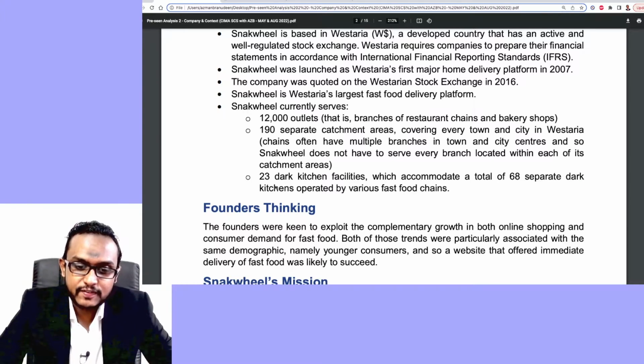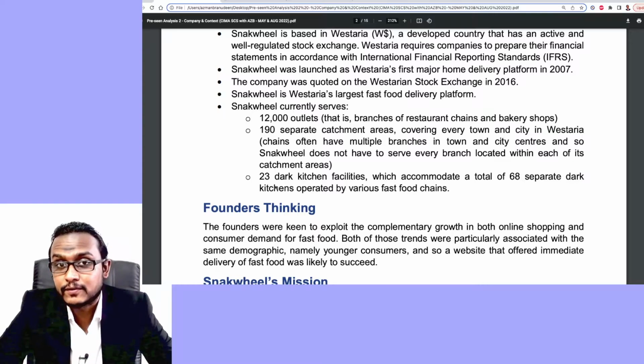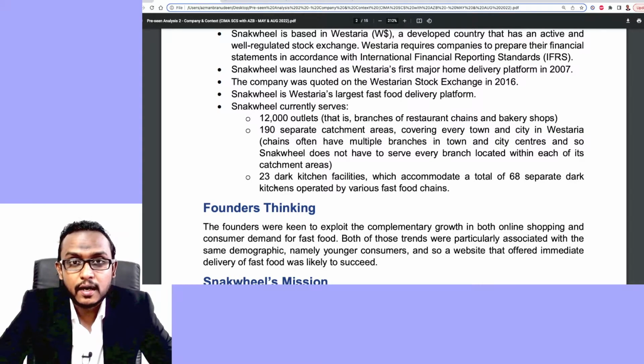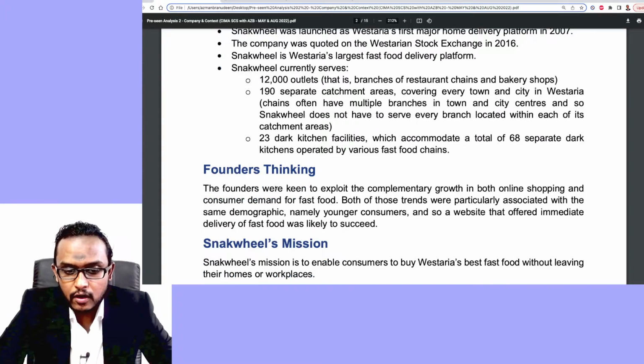23 dark kitchen facilities which accommodate a total of 68 separate dark kitchens operated by various fast food chains. So in West Area, 23 facilities in which there are 68 dark kitchens. We learnt about what dark kitchens were in the industry analysis document. All right, how did